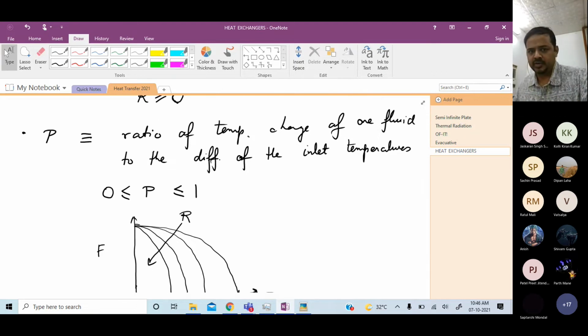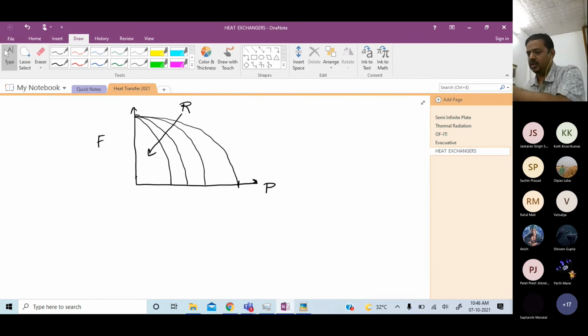Okay, 10:46. Good. You've done it in good time. So now, therefore, what will you do if you are given a configuration? If it's parallel flow or counter flow, it's fine. You can find out the log mean temperature difference right away. Otherwise, you have to refer to these P charts. But before that, remember, you have to find the log mean temperature difference for counter flow using those 4 temperatures. Because F is only a correction factor. The actual log mean temperature difference is F times the LMTD of counter flow.